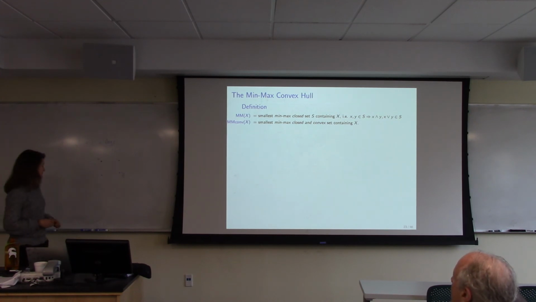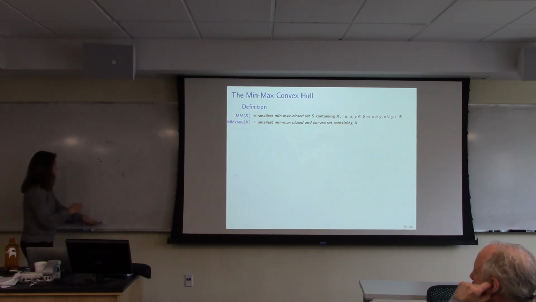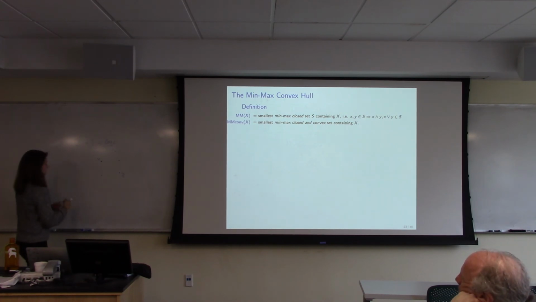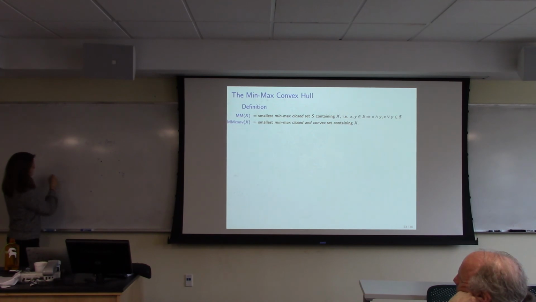Yes. Okay. So yeah, because you can imagine that first of all, if you consider all possible grid points, each of whose coordinates equals the same coordinate in one of the points of x. It's not a very good way to say it. Like, there are 3 possible x coordinates and 3 possible y coordinates. And so if you just take this grid, that is min-max closed. So that's enough, but maybe you don't need all of it.